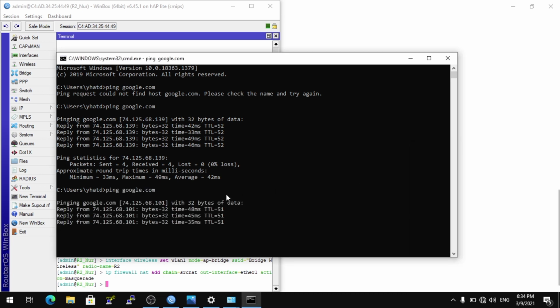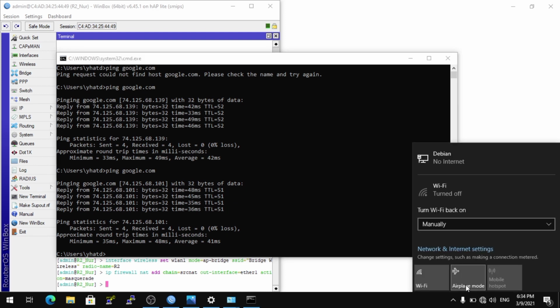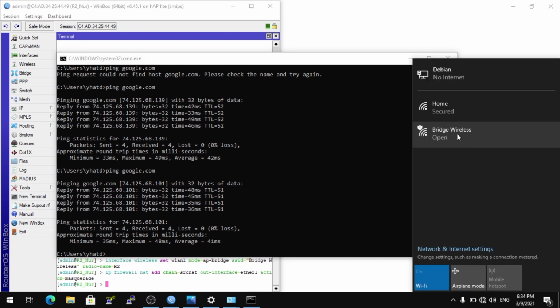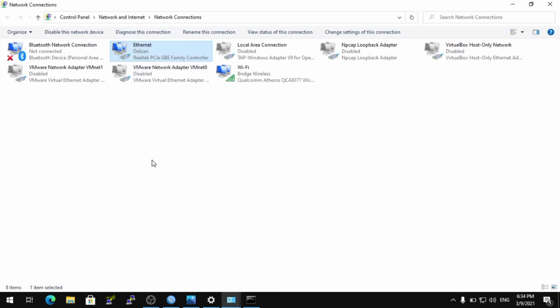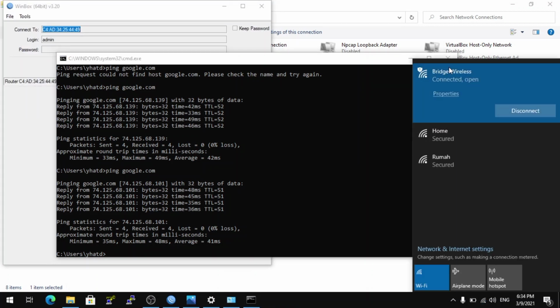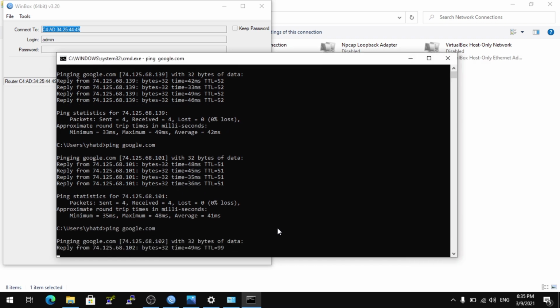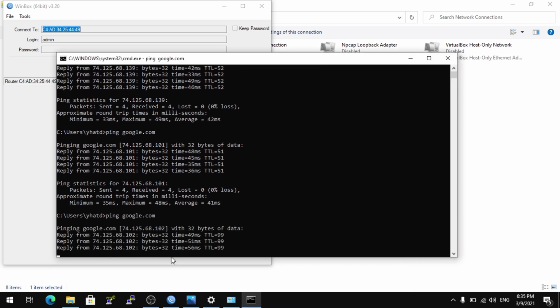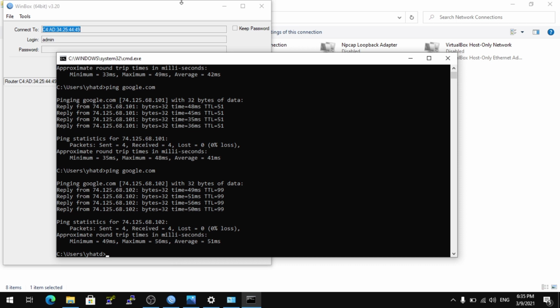Interface Ethernet is connected to internet, and interface wireless. I will disable interface Ethernet and use interface wireless to connect to internet. This is using the access point bridge wireless, and check ping google.com. This is your laptop connected to internet.